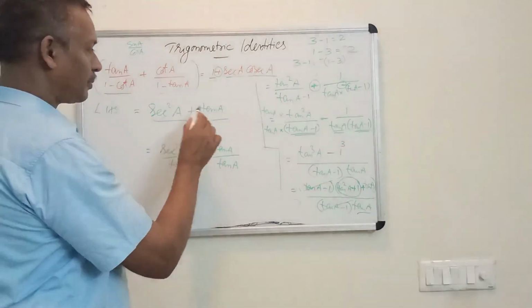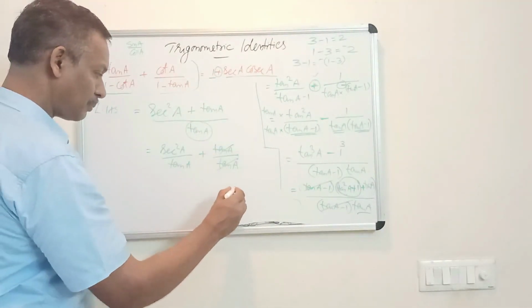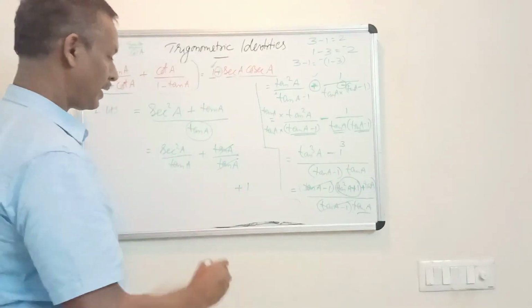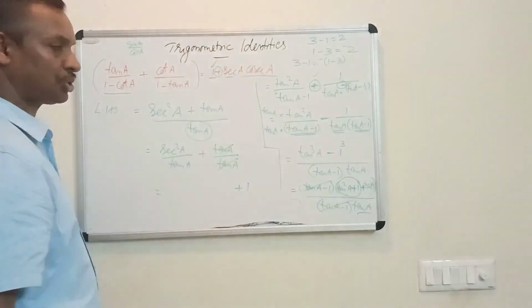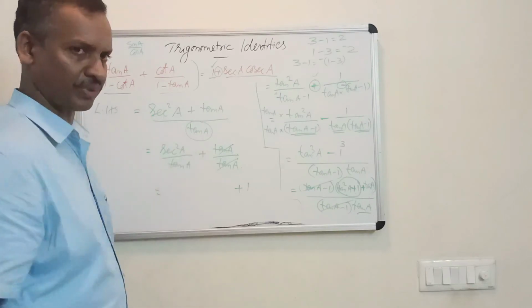With this tan you separately divide. Then tan gets cancelled and you get plus 1. One portion is over, one term we got. And simplify the next one to get sec and cosec. Sec is there but it is in square form.